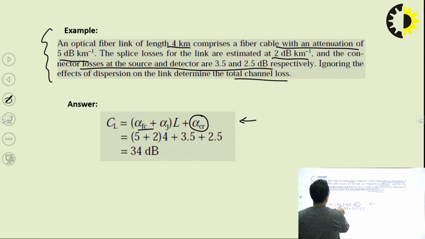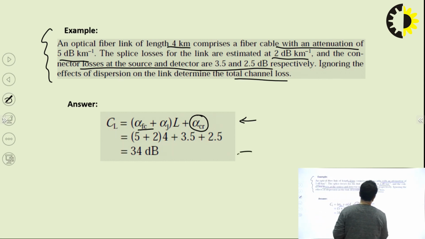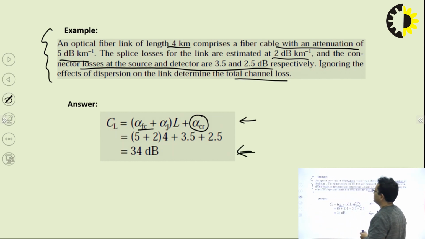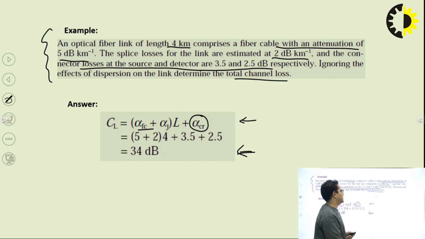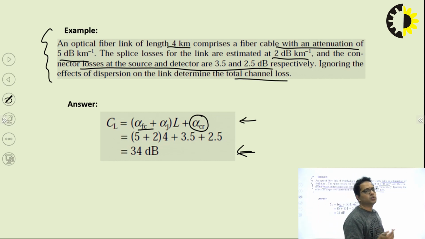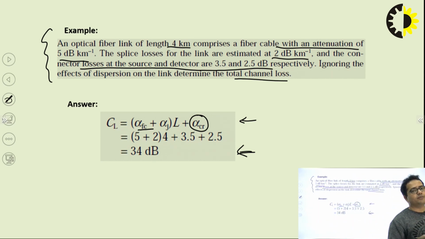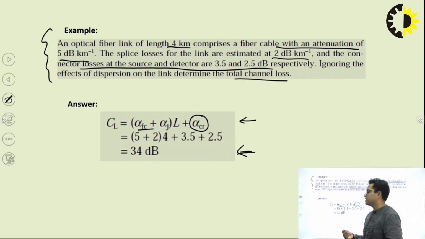Apart from that, alpha FC is also provided and alpha J is also provided. So we can directly put these values, multiply with the length, and we will get the final total channel loss occurring inside the optical fiber, because the optical fiber is basically the channel. So you have to calculate all these things. In this way, a short question of around 2 marks or even 2.5 marks can be asked in the semester or even in the